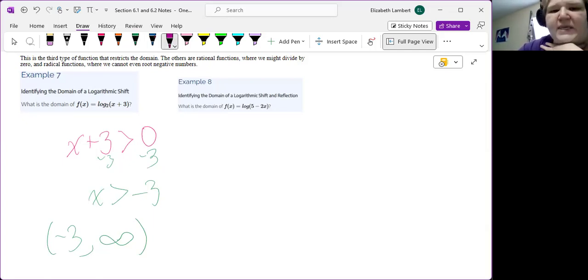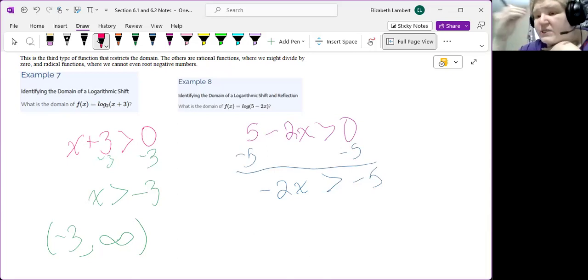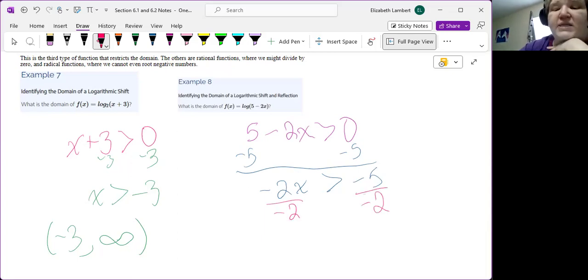Same thing over here, except what we're taking the log of is a little more interesting. 5 minus 2x is greater than 0. So I'm going to do it the more error-prone way. We're going to minus 5 on both sides. So I have -2x is greater than -5. The next step, if it was an equation, would be to divide by -2. And we are going to do that, but inequalities have a weird little